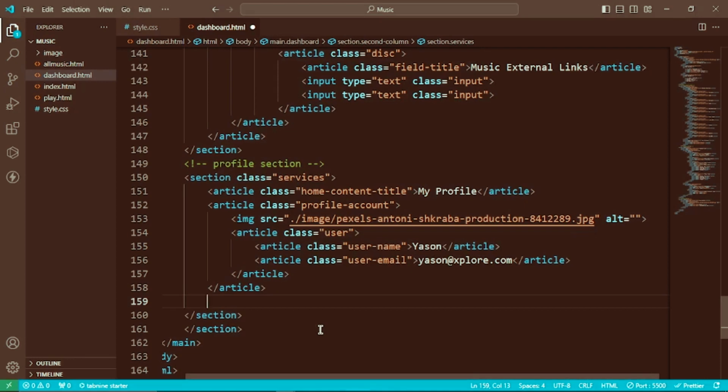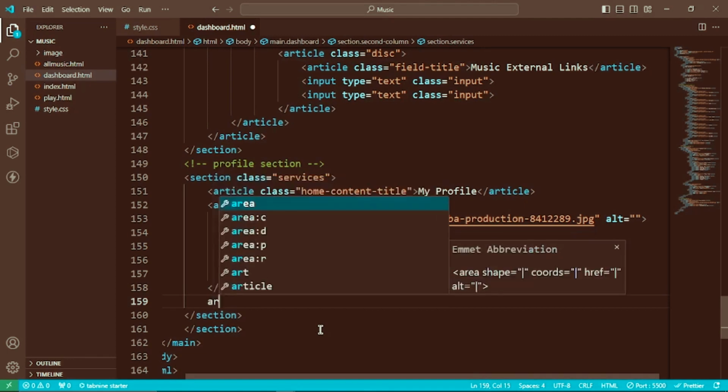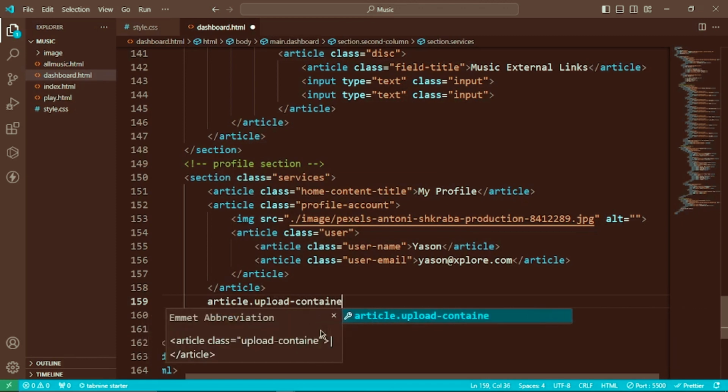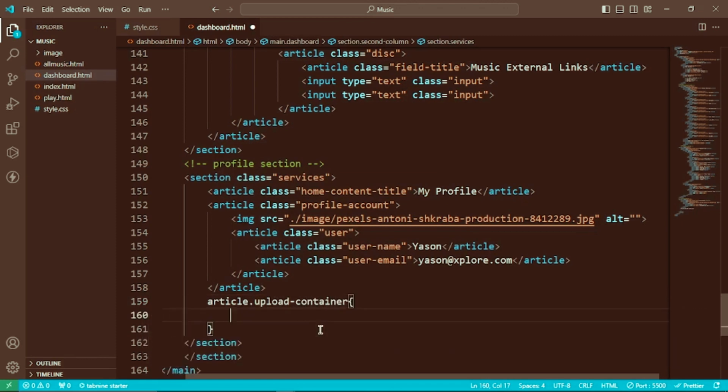After this one, let me put an article with the class of upload container, where we are going to upload our details. Upload container, like this. Oops, this is not JavaScript. I'm sorry, guys. So this is what we want. And then inside this one,